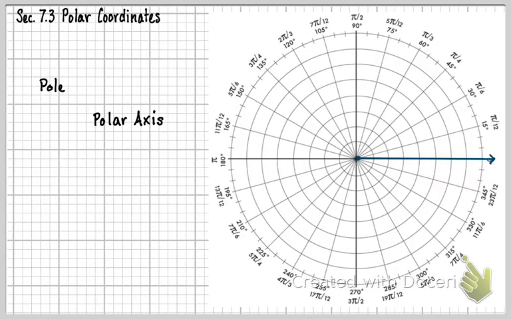And generally we'll say, if we're going in the positive direction for theta, we would go around this way. Or if we had a negative direction for our angle, we would go around this way. So those ideas are what we're talking about when we're talking about the polar axis. And that is the polar axis right there. I don't know if you knew that before or not, but now you do. This right here is my polar axis, and in the center, this is still the pole. So there we go. That's really what we're looking at when we're talking about polar